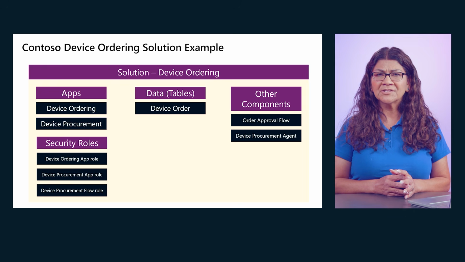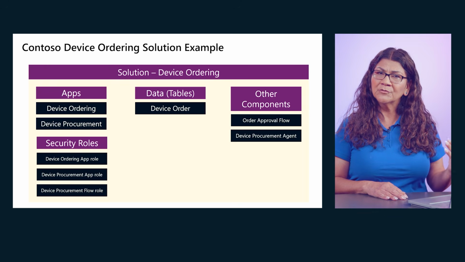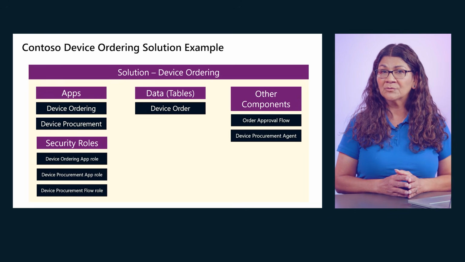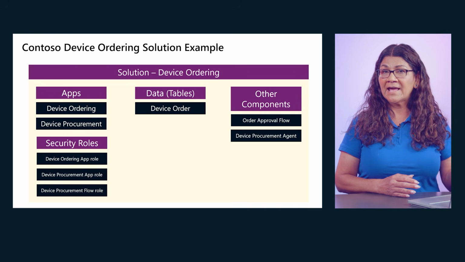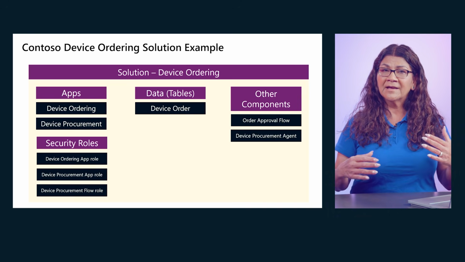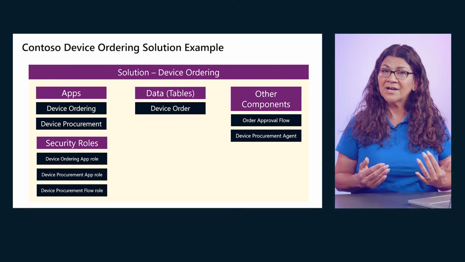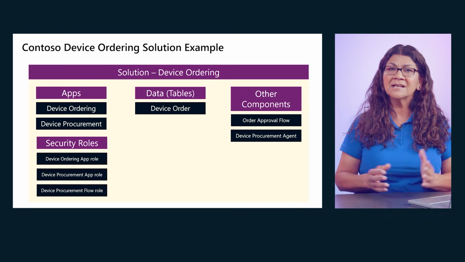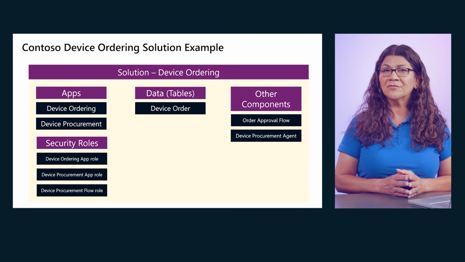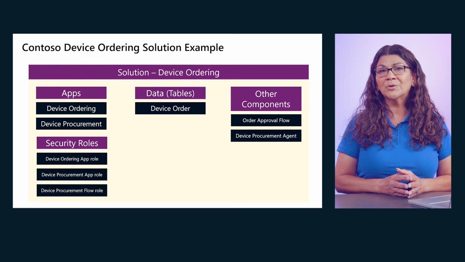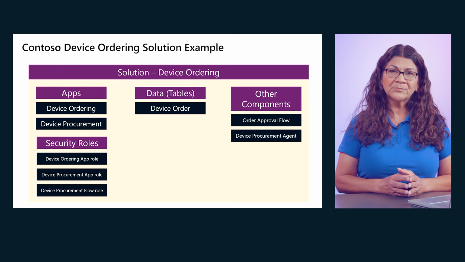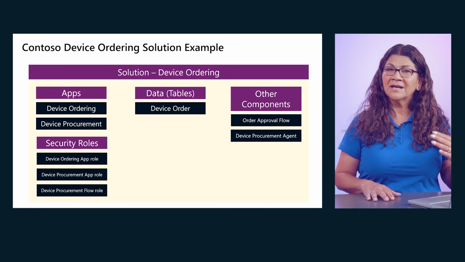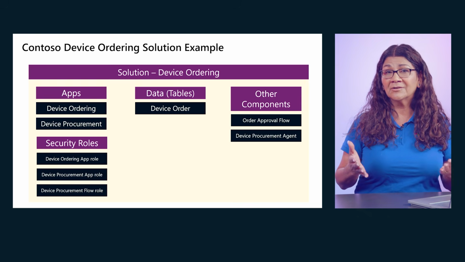The other components section includes the order approval flow, which likely automates the approval process for device requests, and the device procurement agent, which may be a Power Automate desktop and cloud flow agent responsible for executing back-end tasks such as updating inventory or notifying vendors. This modular design supports scalability and maintainability. For example, the approval flow can be updated independently of the apps, and the agent can be reused across other